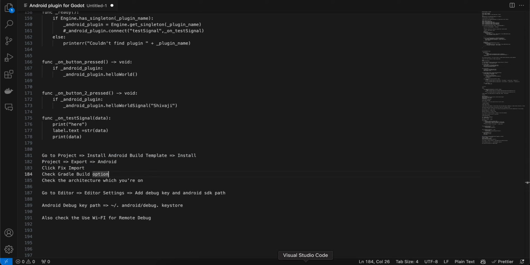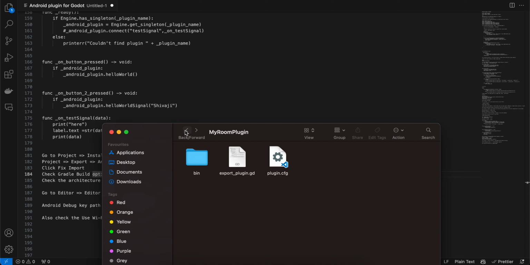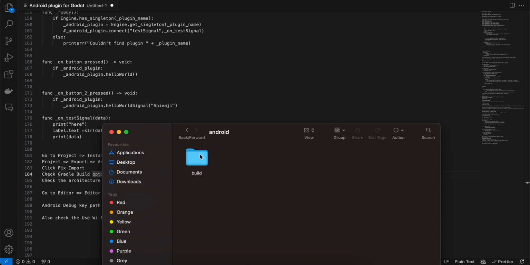One important thing which I want to show you, which you also have to make, at least for Godot 4.2.1 I had to make this, and I think till 4.3 they are not going to change it to SDK 34 at least. Maybe they might not even do it for 4.3. So what the change is, you will have to go to your Godot project, go to Android. This is automatically created when you install the Android build template. Go to build,